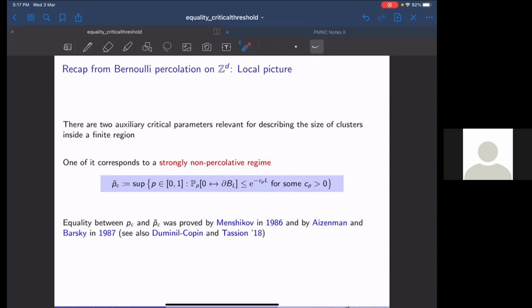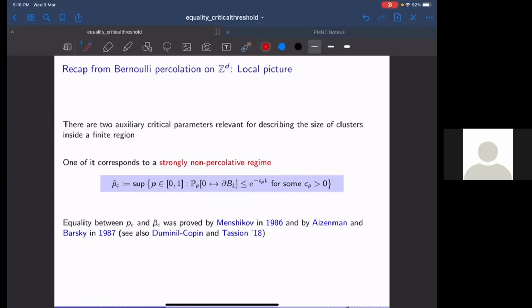For that, there are two auxiliary critical parameters that are relevant. One, which I denote here by PC tilde, and this notation, let me warn you, is by no means classical, so you might see something different. I just did it here for a different reason. This demarcates the so-called strongly non-percolative regime. What do I mean by that? When P is less than PC tilde, it is not only that it doesn't percolate, it also means that the probability of connecting to a ball of radius L